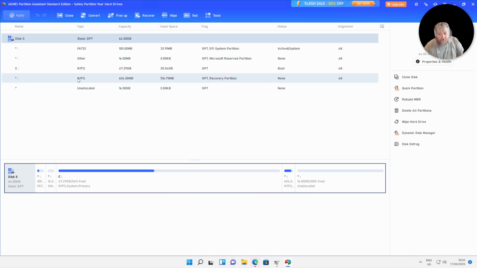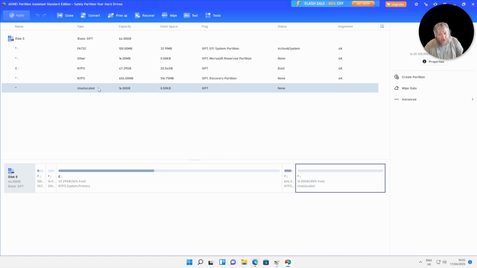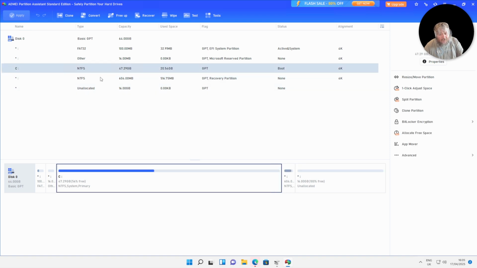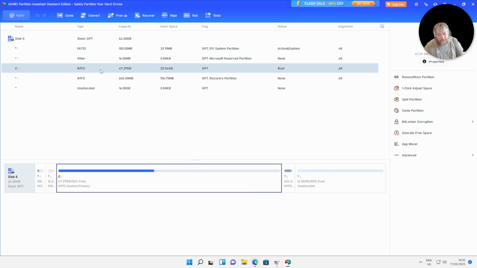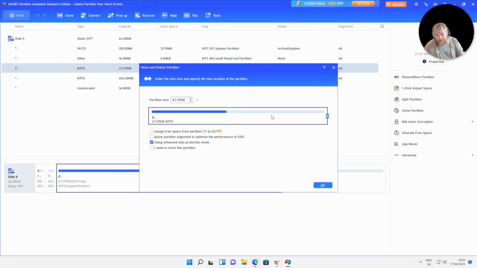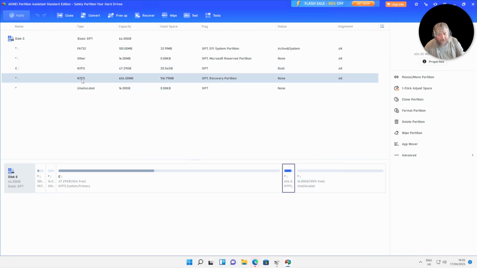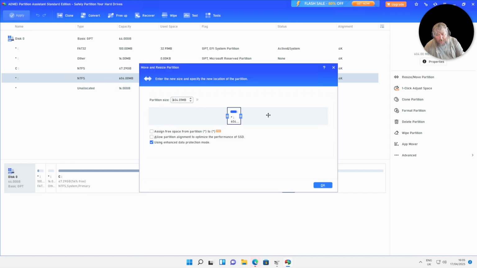If you remember, this is our recovery partition, which is basically sitting at the end of the disk, but not right at the end, because this is where we've got our unallocated 16 gig that we really want to add to this. So the first thing we're going to have to do is move that partition. I don't think that if we do a resize and move, no, we can't do anything on that partition at the moment. So we have got to right click our recovery partition and say move it down to the